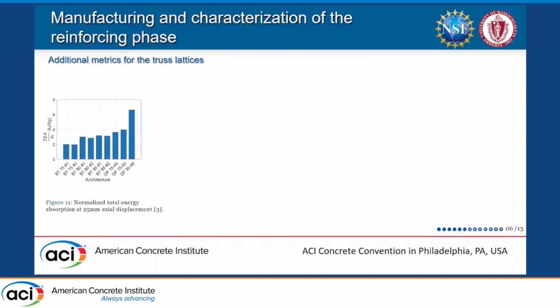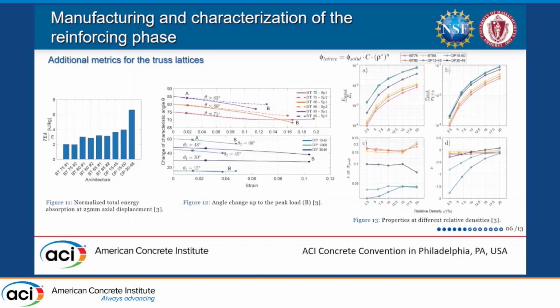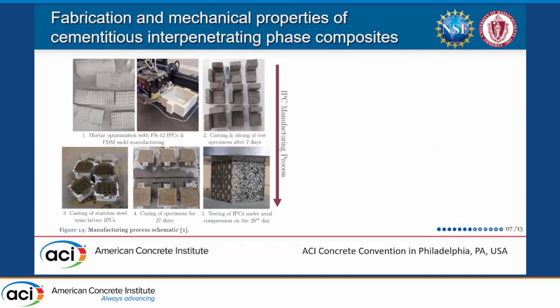And of course, after these experiments, we have additional metrics for the energy absorption of these truss lattices. We calculated the angle change up to the peak load, and using the simulation results, we were also able to calculate the properties of this finite-sized truss lattice tessellation at different relative densities. All of this was preliminary work for us to understand the reinforcing phase of the composite, so we could move forward and manufacture these cementitious interpenetrating phase composites